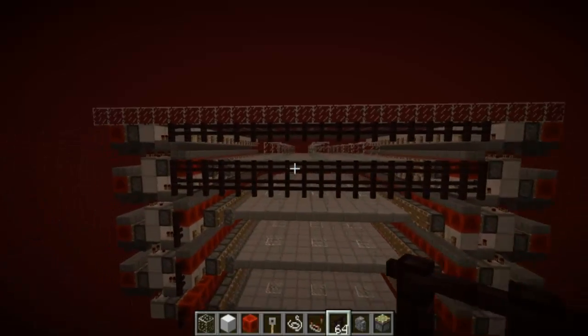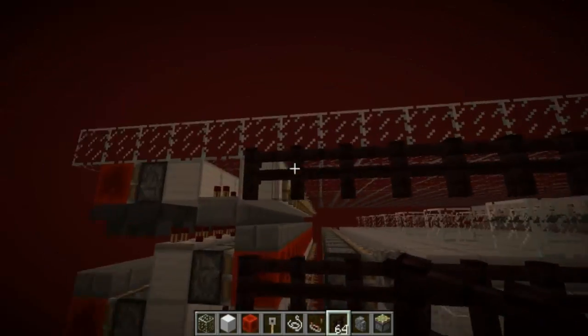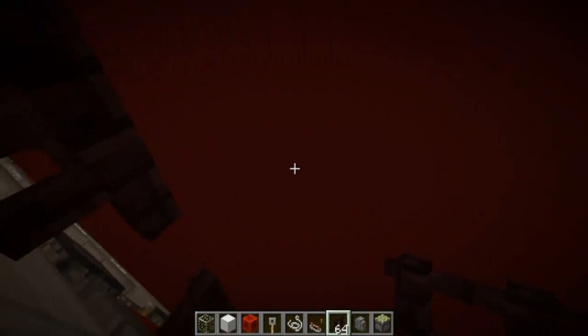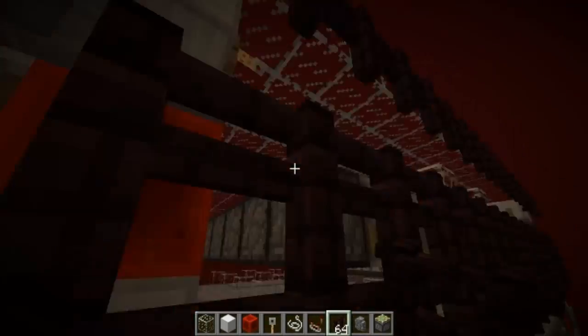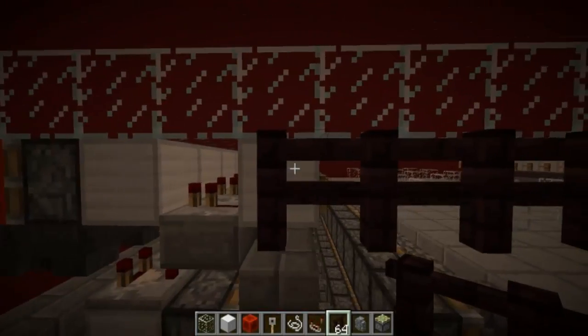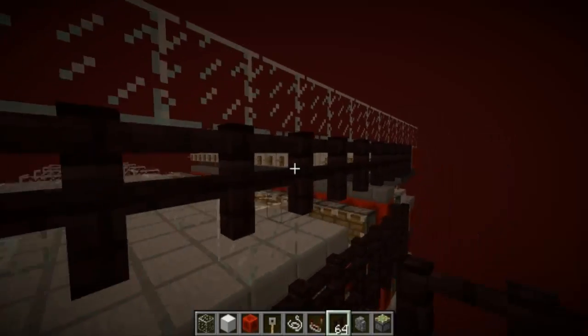Alright guys, so next step here is adding walls. You're gonna use these out of fences, nether brick, or regular fences. Or you can use walls if you really want to. I think the fences look better though. But anyway, you're gonna start one layer under the glass, and you're just gonna do one strip here, and